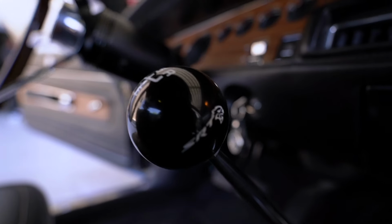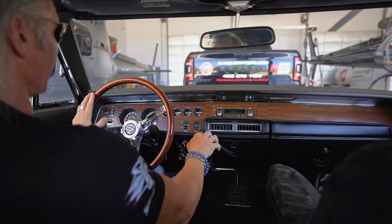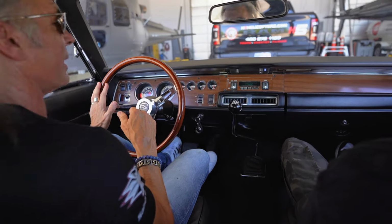A few mods we've done on it as far as the brake. It's an electric brake, electric motor for the emergency brake, which we have hooked up to one of the toggle switches here, and just a few other things that we hooked some of the other gauges up to. So as we back out of here,